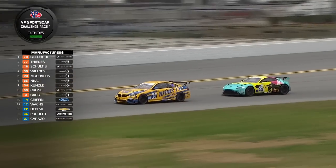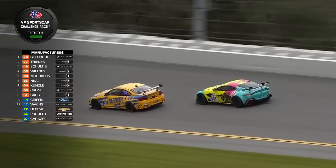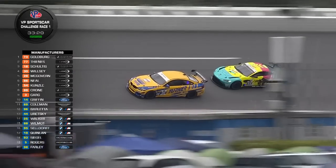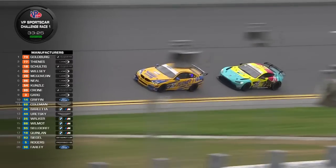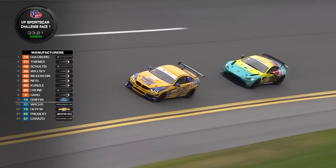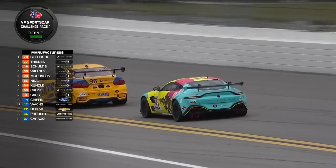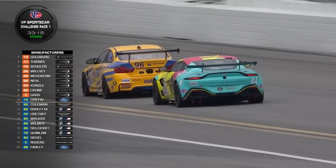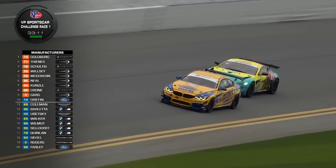She drops out of 4th position. She had been overtaken by Mirko Schultes in caliber 99 as a result of that incident that she had earlier with Lance Willsey. But here's this super battle here for second, third and fourth positions effectively in the GS class. So Billy Griffin, the pole sitter, fell back at the start in number 14 Ford Mustang, but has worked